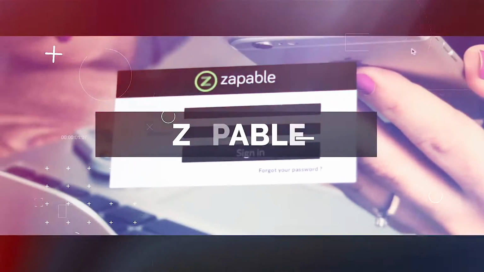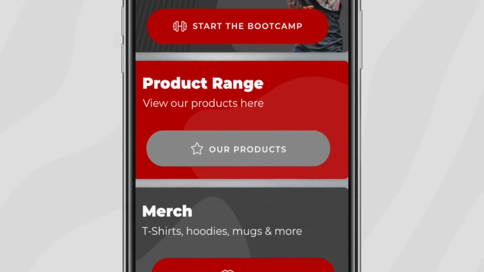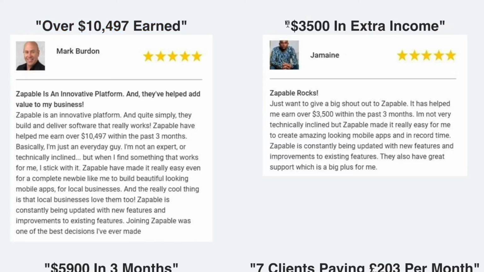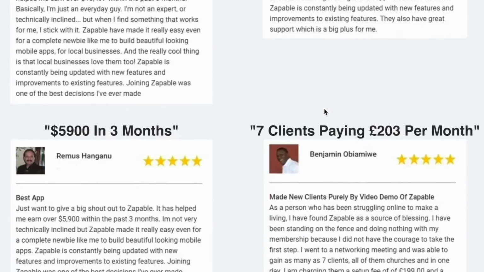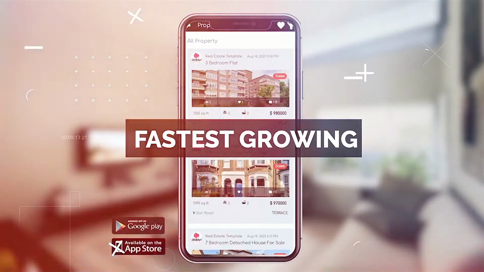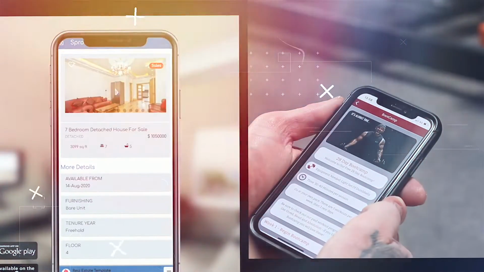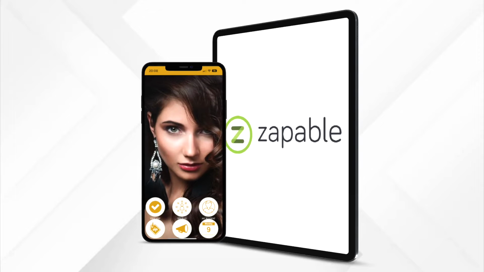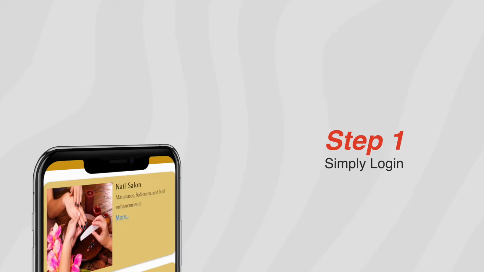Let me introduce Zapable, how to build an instant mobile app in less than 60 seconds. With over 300 customer reviews and people selling apps like crazy, it's easy to see why this is one of the fastest growing opportunities in 2022. So let's take you into the world of Zapable and show you how easy it really is in 3 simple